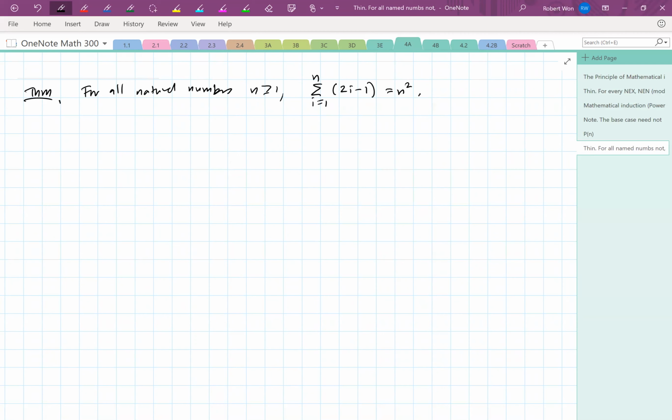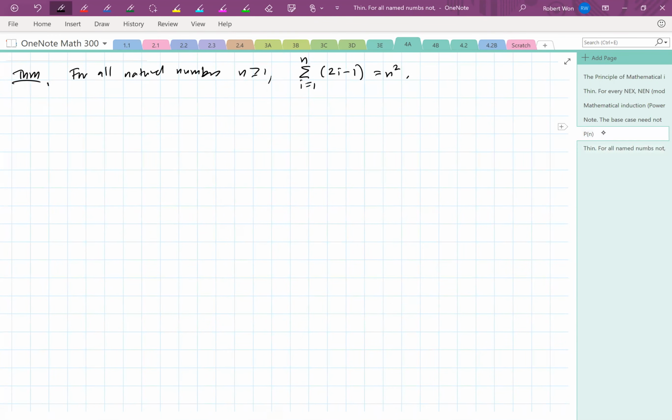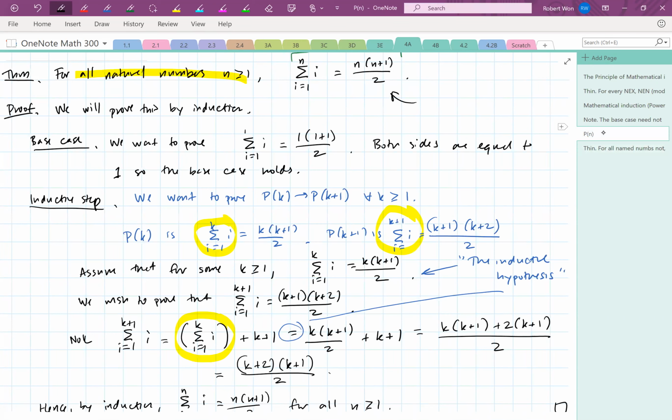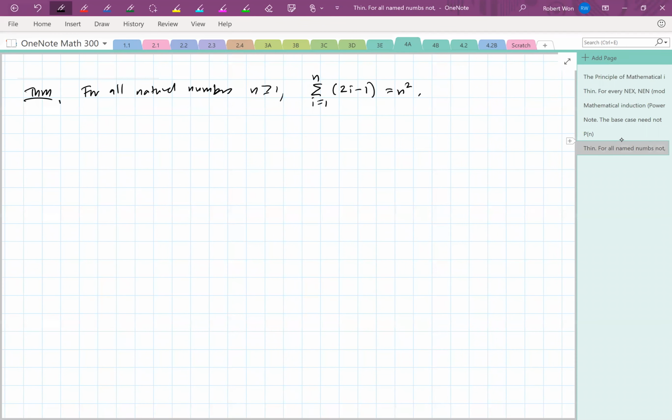The thing is, summations are so ripe for the picking for mathematical induction because the kth case tells you quite a bit about the k plus first case, as we saw previously, right? Compare the kth statement to the k plus first statement. They differ by just a very simple thing. So because of this,